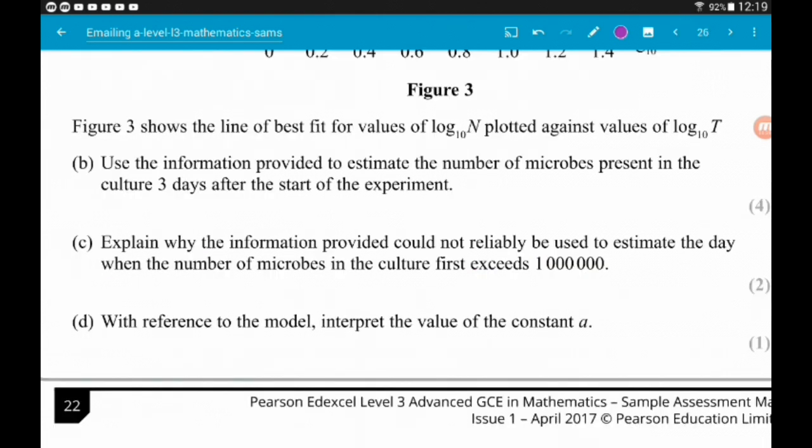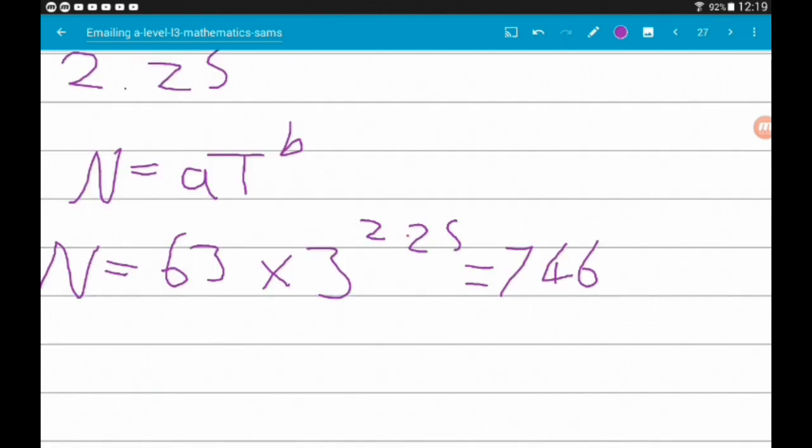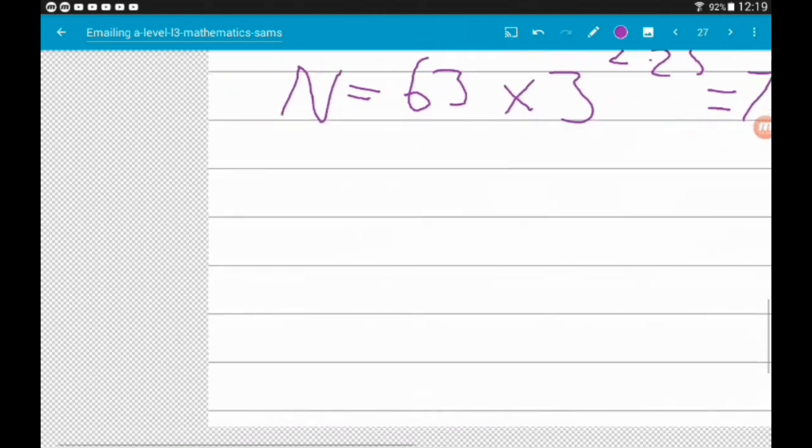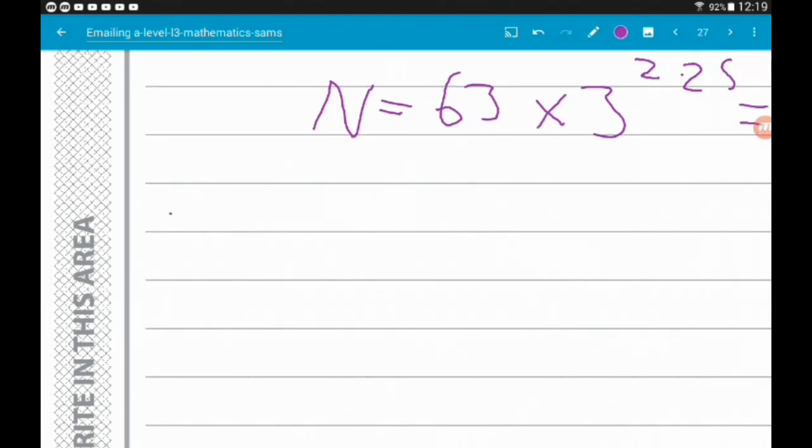Okay, then part C asks us to explain why the information provided cannot reliably be used to estimate the day when the number of microbes in the culture first exceeds 1 million. Okay, so let's think about this then. So if n was equal to 1 million,